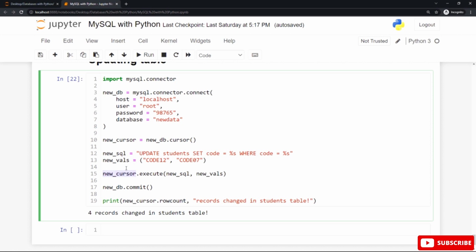And the new cursor refers to the cursor method with the execute statement to execute these two MySQL operations, and also the commit statement to make the changes. Otherwise, nothing will be changed in the database. And the print function prints the row count by using the row count attribute with the cursor, followed by this string, and you can replace the string with any message you wish.